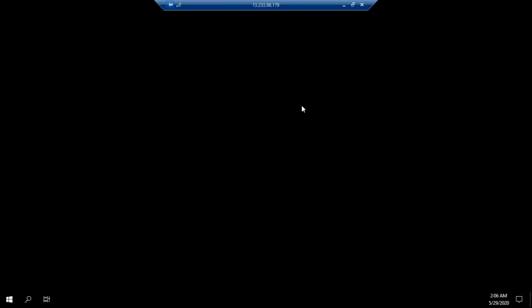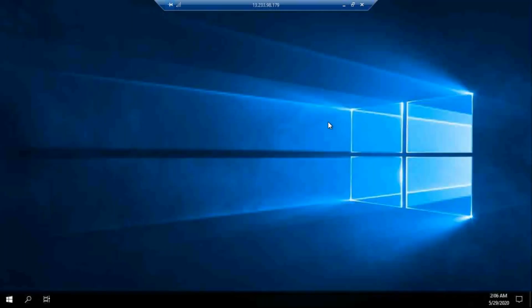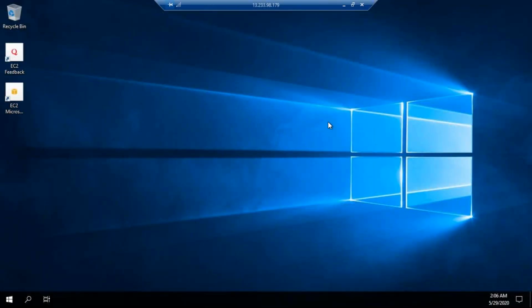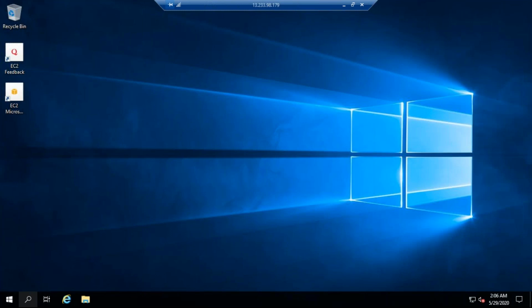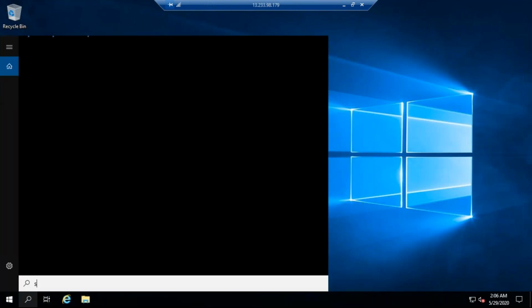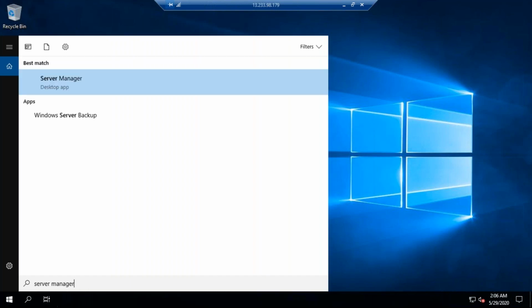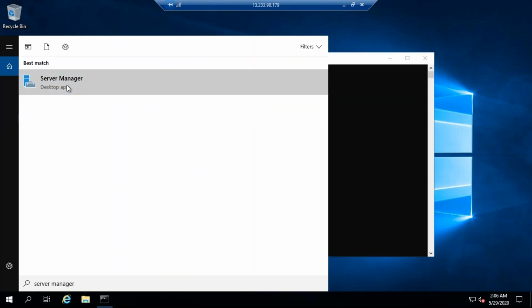Okay, once this is available, we need to turn off the security enhancements. Then we will install Java and all other dependency things one by one. So let's search here, server manager. Okay, double click on this.